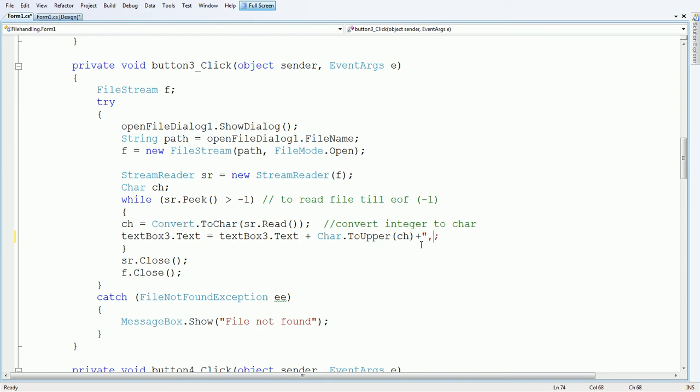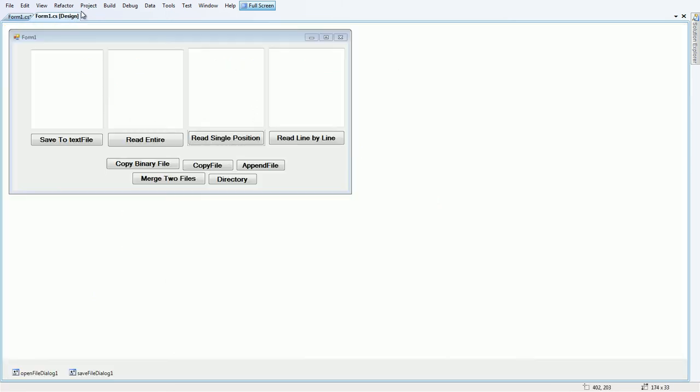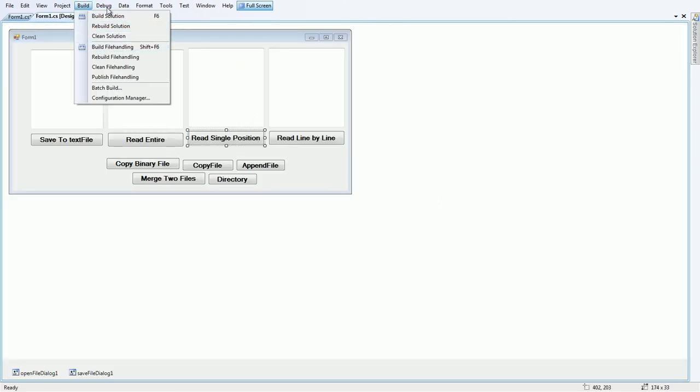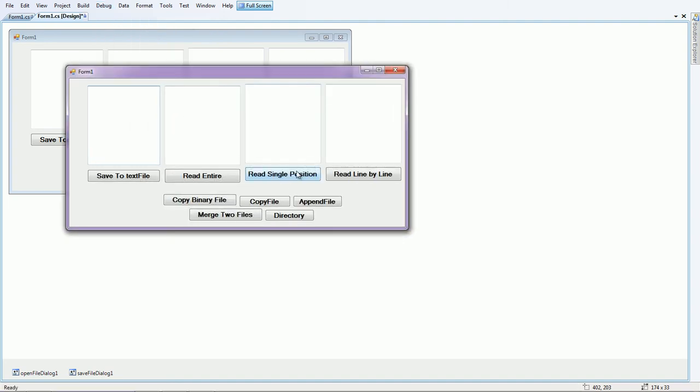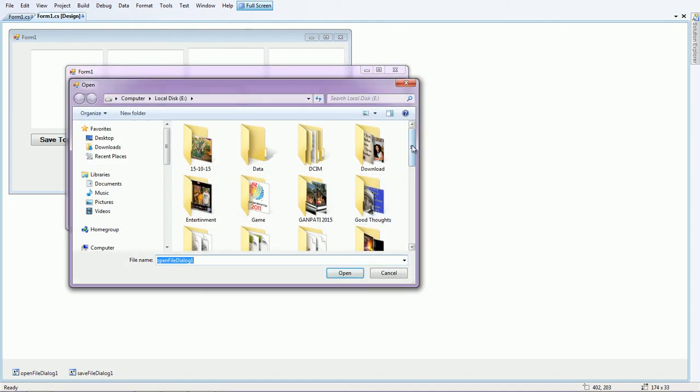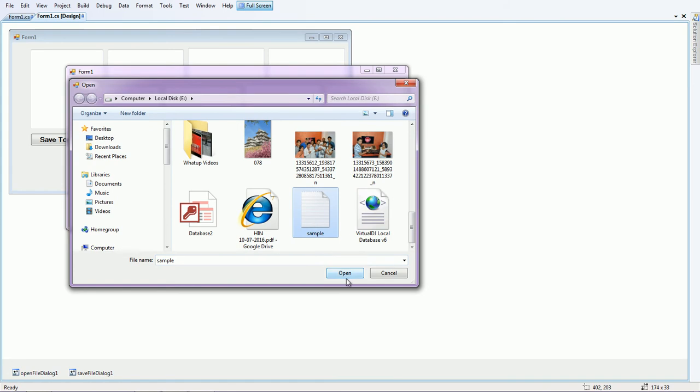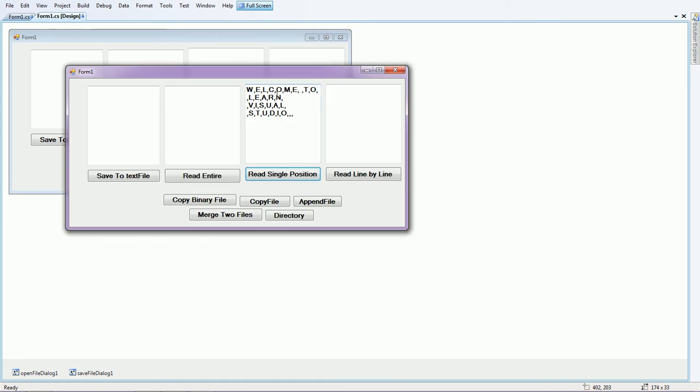Suppose here we use a comma as a separator. Now let us read the file by using character. Again, use the same file. Welcome to learn Visual Studio. Here we see the commas.